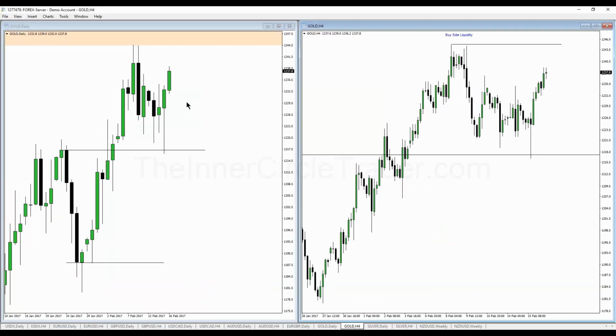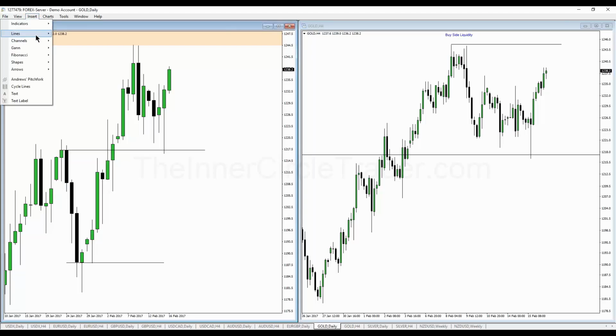Gold prices reaching for hopefully our objective. I'd like to see that 1250 level get hit. But be mindful, we have the buys of the candles here, so that's a rejection block. We've got to be careful that we don't see it just go there and then reject. So whenever you're in a bullish market,